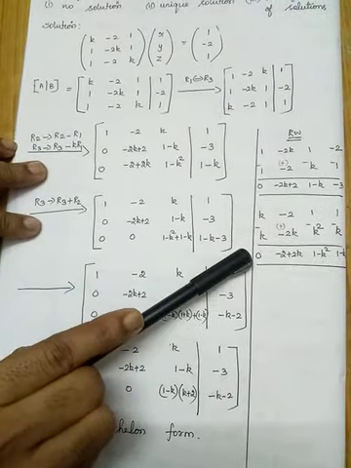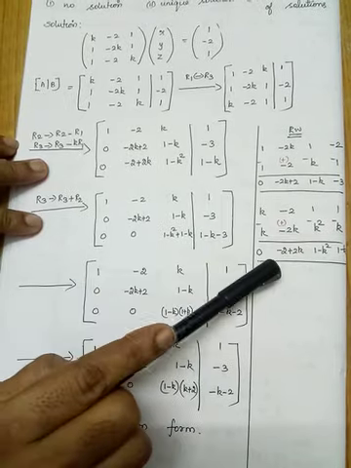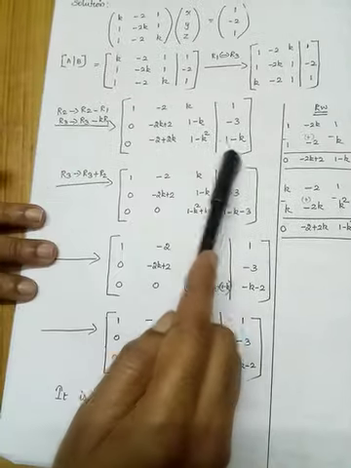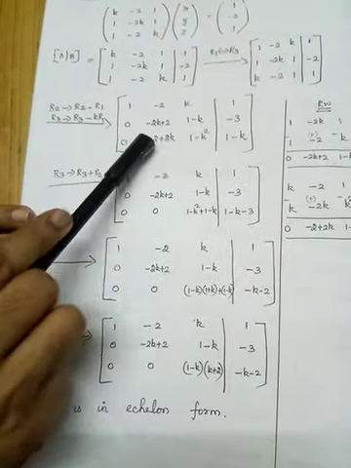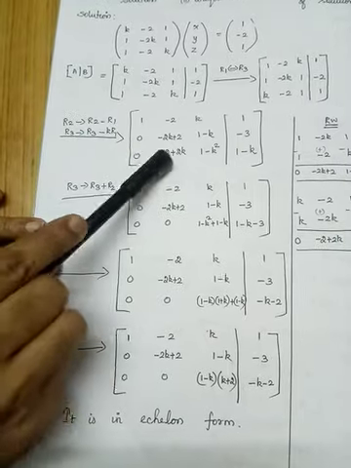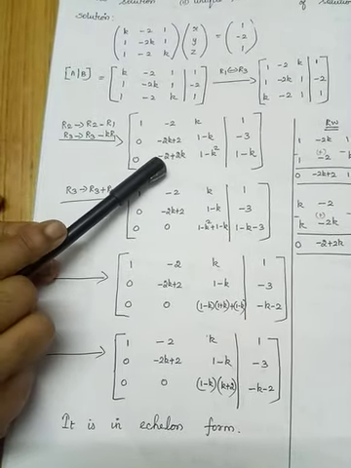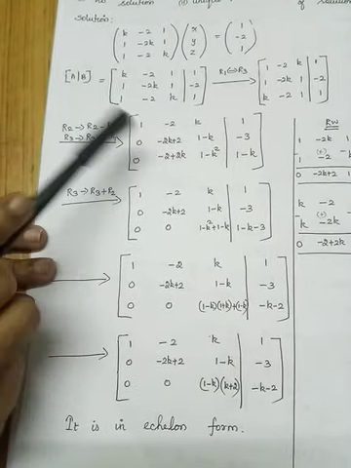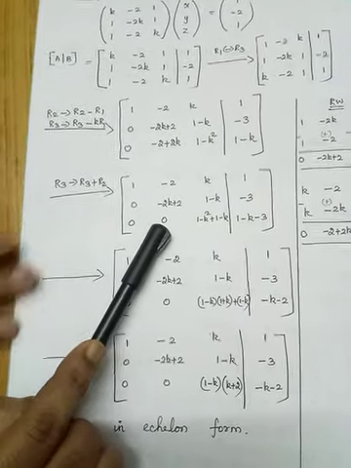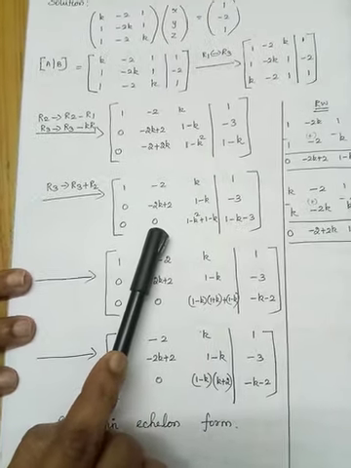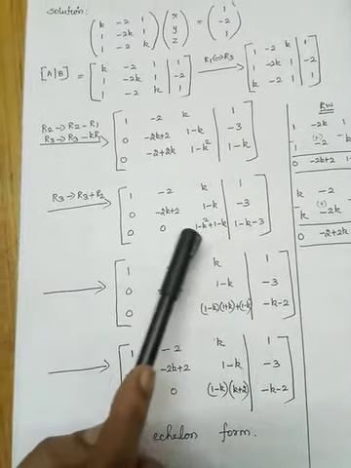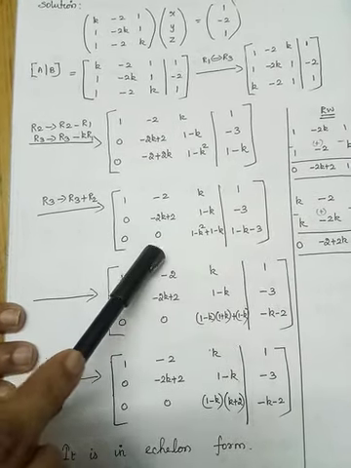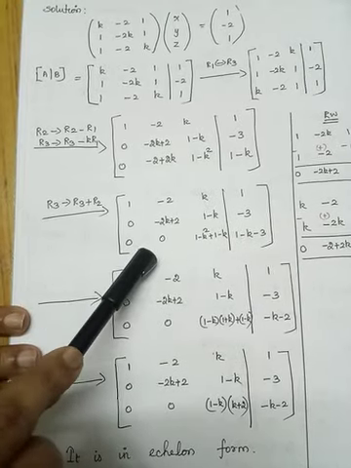Okay, what is K minus K? 0. Here when you add these two, minus 2 plus 2K. What is 1 minus K squared? 1 minus K. So I have written here. Okay, so now your aim is to make this element 0. When you add, here 2, here it is minus 2. So here minus 2K plus 2K. Just you add R3 and R2, this place will become 0. So I made it. So I have brought the echelon form, but to give the values of K, I have simplified this term. So we got the echelon form in the step itself.